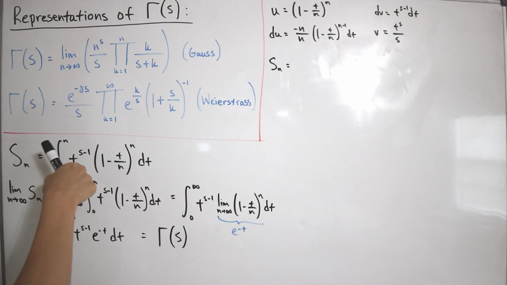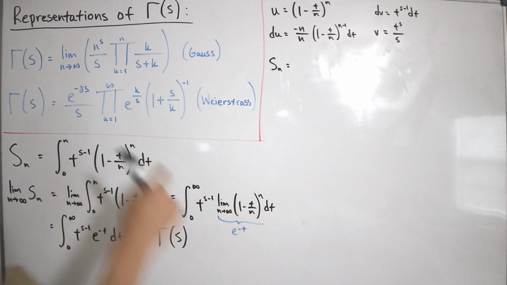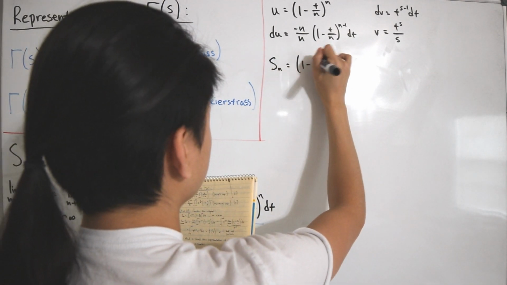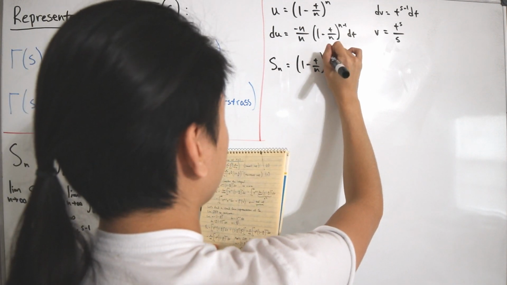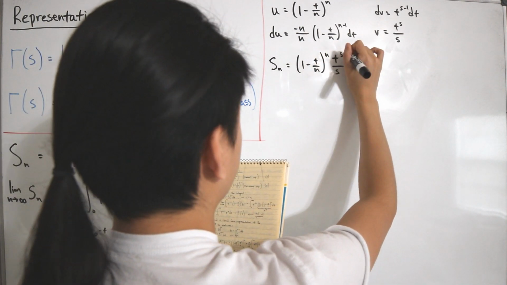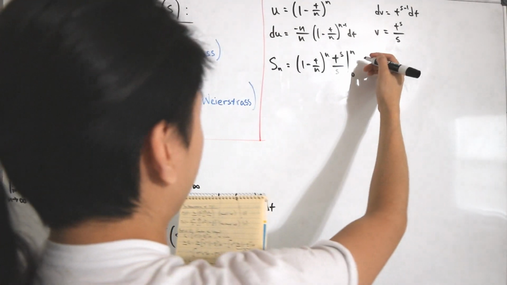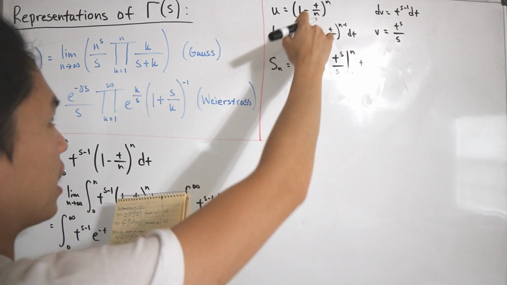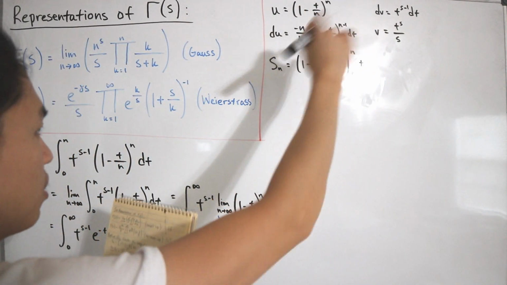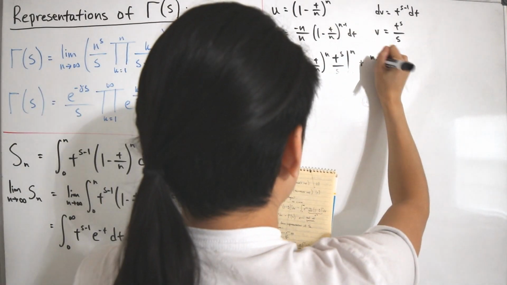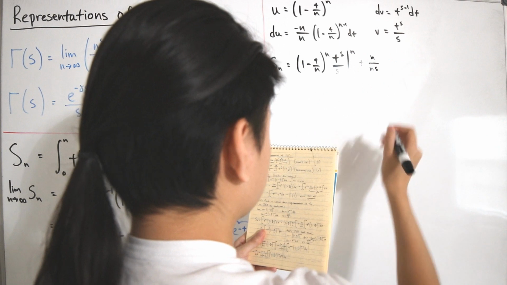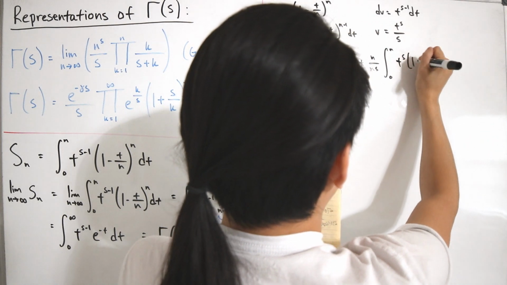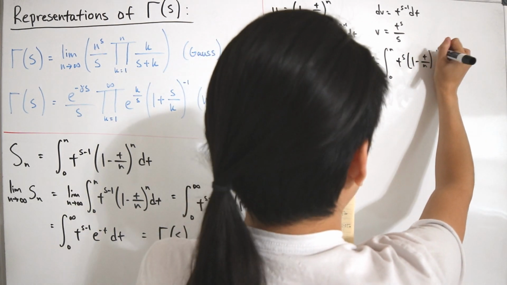So we have our s of n right here for this integral representation that we consider. Putting all this back in after applying the integration by parts, we have 1 minus t divided by n, to the power n, multiplied by t to the s divided by s, and we evaluate our bounds from 0 to n. Then we subtract, but I can factor out the minus here, so this will become a plus. And then I can factor out the n over n and the s, as this does not depend on our integral in terms of t. So this is plus n divided by n times s, multiplied with our integral from 0 to n of t to the s, multiplied with 1 minus t divided by n, to the power n minus 1